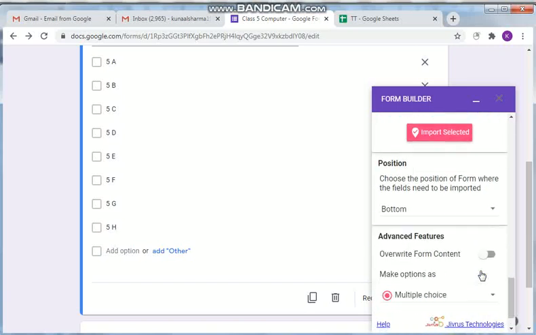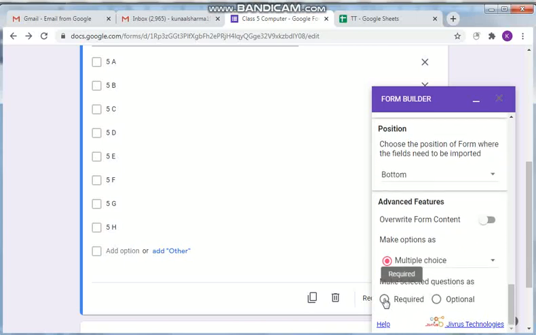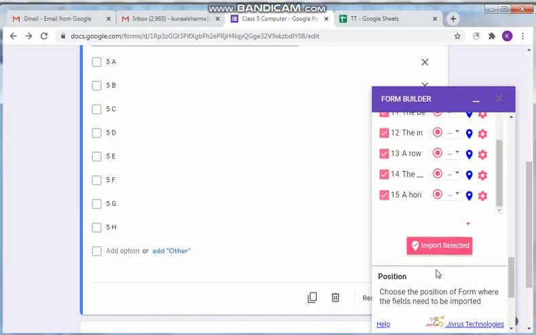Come down further because the questions will come at the bottom. Here please include required because I want all the questions to be required. So click on the required option and now click on import selected.